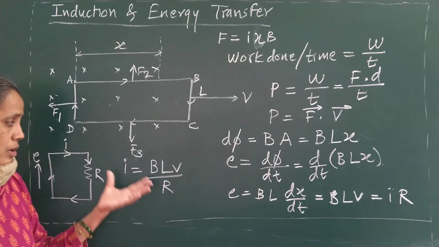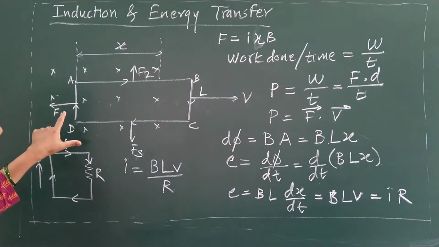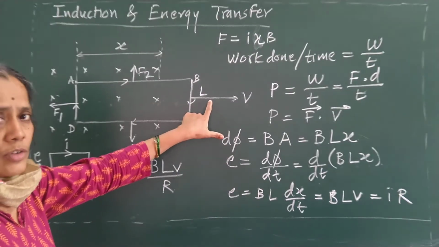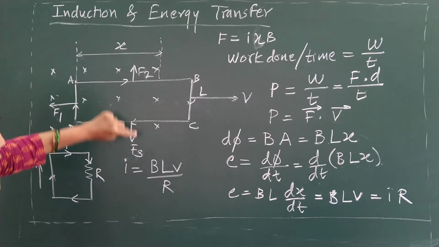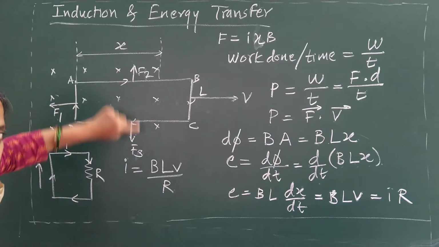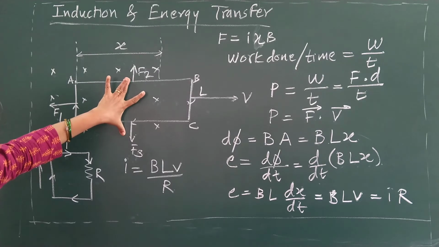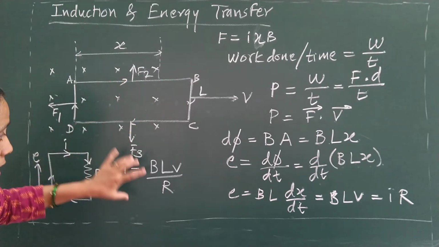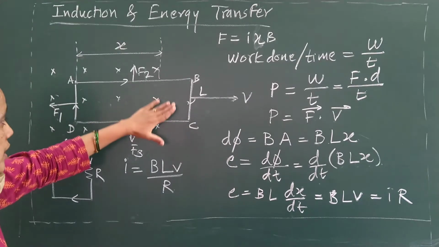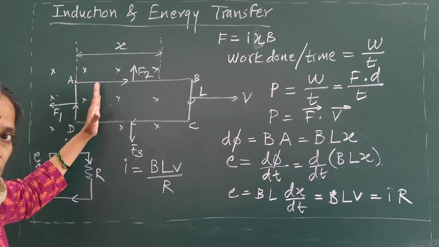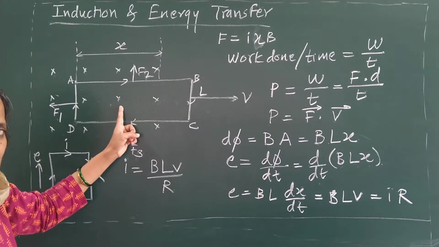Clear? Now, using this current, I will concentrate on this F1 force and this velocity factor. Initially, I told you that the magnitudes of F2 and F3 are equal and opposite in direction. Therefore, these two forces will get cancelled. So now what happens? The induced EMF and induced current that are generated are such that they oppose the motion of the coil.